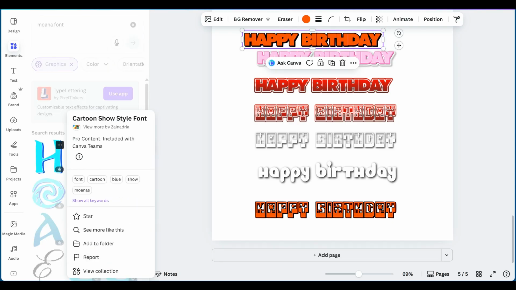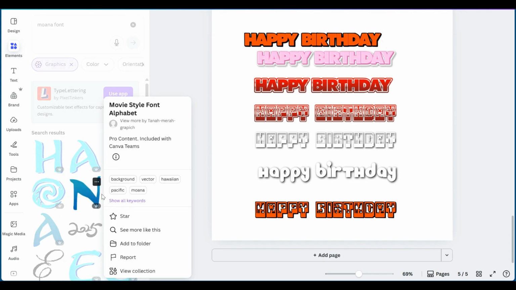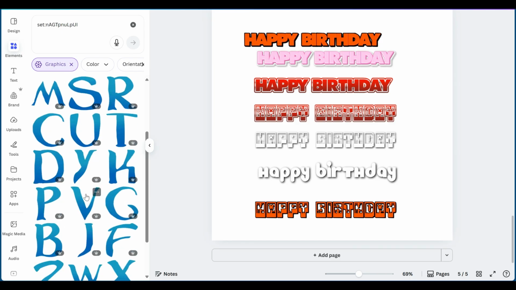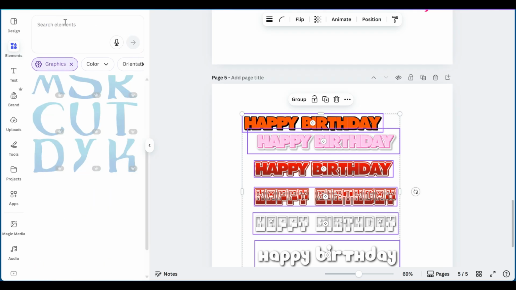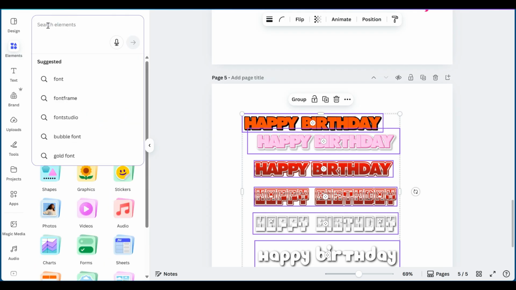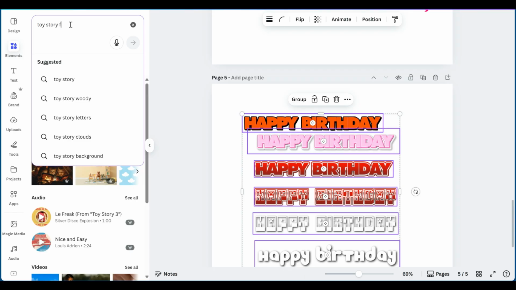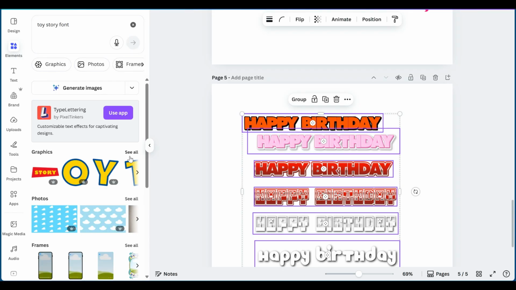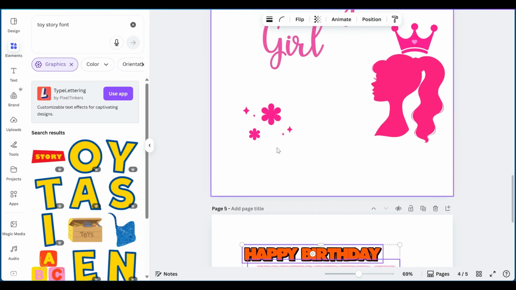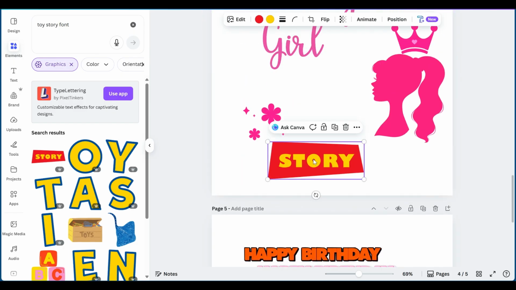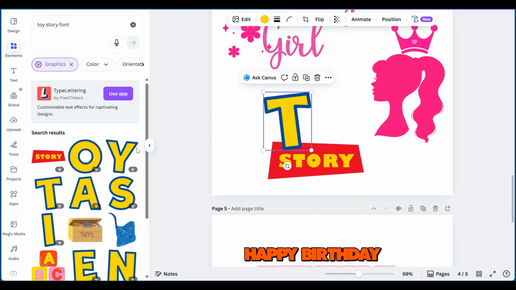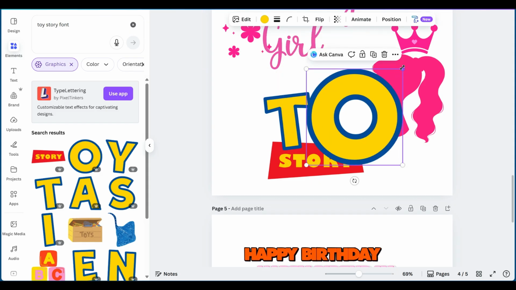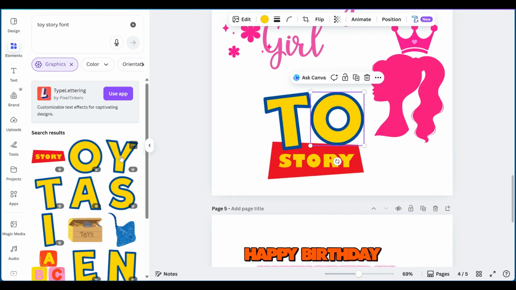So you would do the same thing, view collection, or you can choose this one. They have two different ones, view collection, and you can go ahead and create a birthday or just a custom shirt off of this. Let's see, what other movies do we have? You can do Toy Story, Toy Story font. As you can see here, they have the story right here already. And then you would have to just create toy with the letters. And then you could go ahead and create your t-shirt design